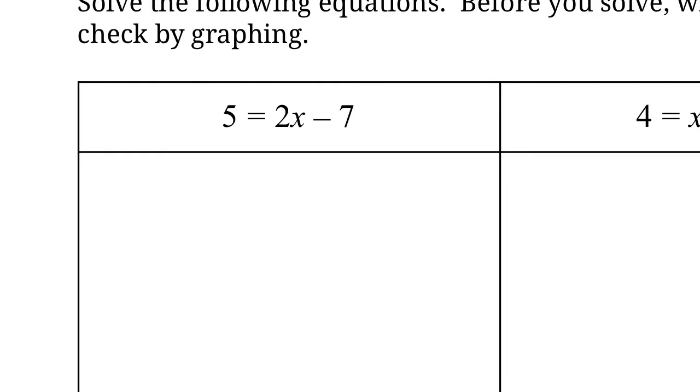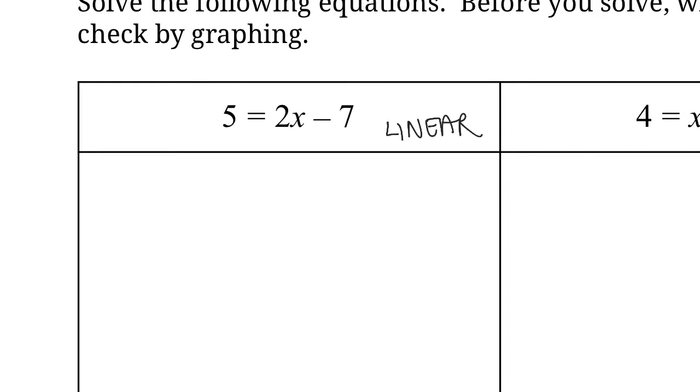To figure that out, what we're going to look for is the highest value exponent on our variable. So we've got a variable of x. We don't see an exponent on it, but that means that there is an exponent value of 1 attached to the x. So that means that this is actually a linear equation. And if we have a linear equation, then we can solve it using our knowledge of collecting like terms and